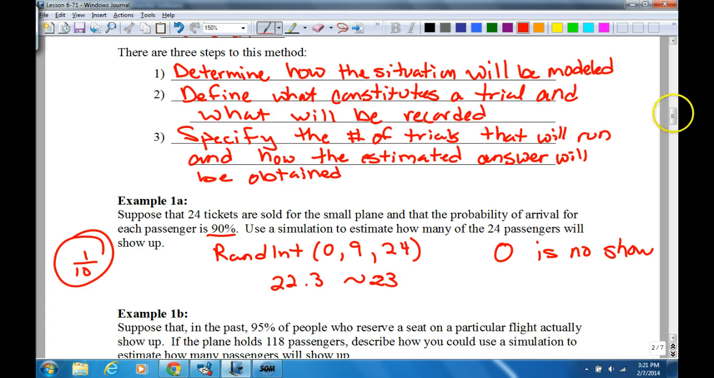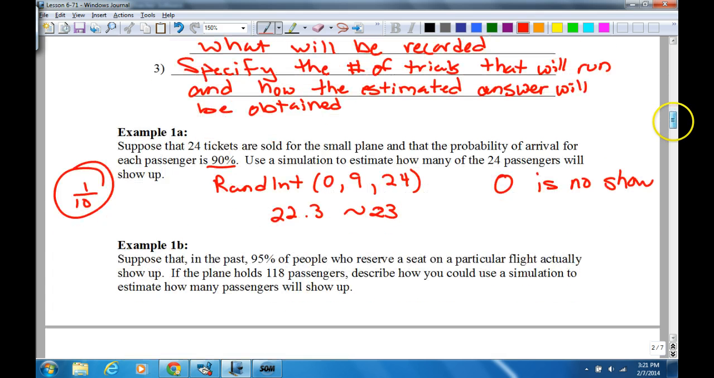Let's look at example 1b. Suppose that in the past, 95% of the people who reserved a seat on a particular flight actually showed up. If the plane holds 118 passengers, describe how you would use a simulation to estimate how many passengers will show up. Well, in this case,